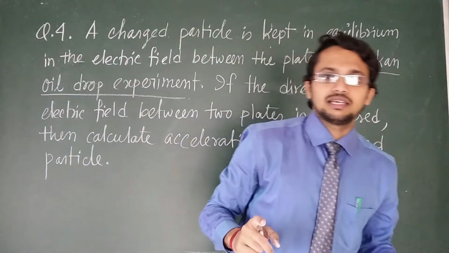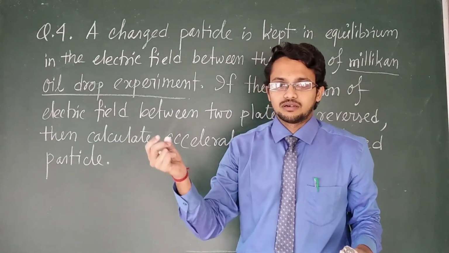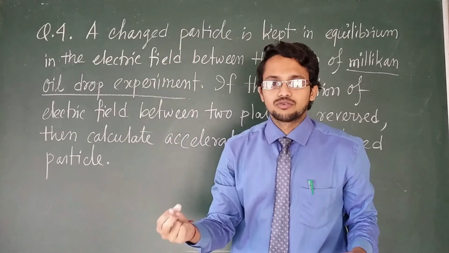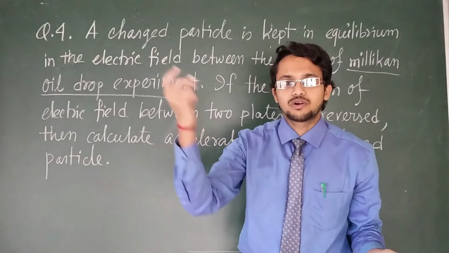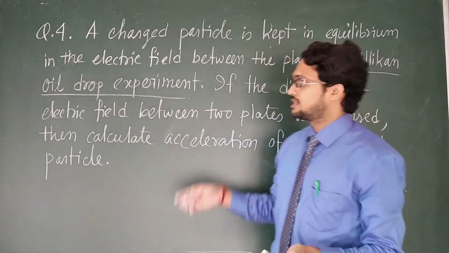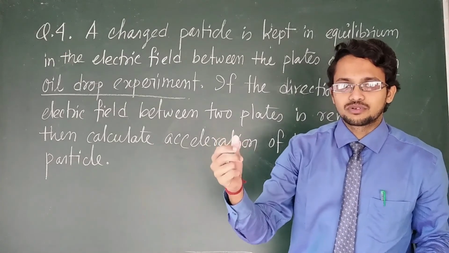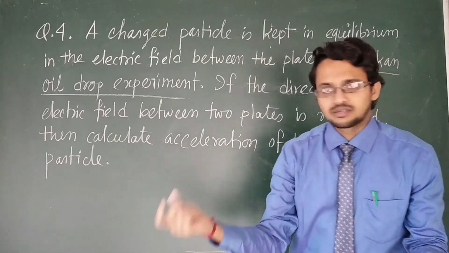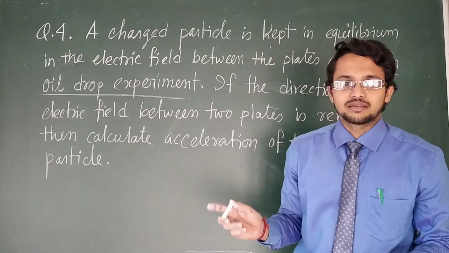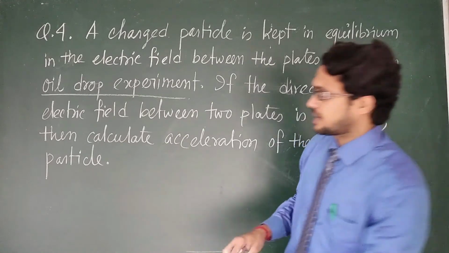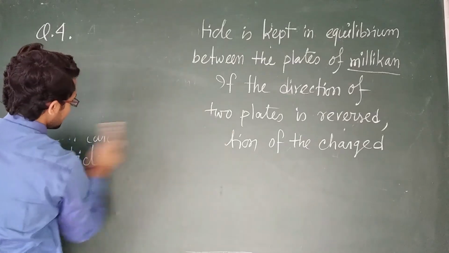We find that quantity in the Millikan oil drop experiment using the principle of terminal velocity. Remember in class 11, terminal velocity of raindrops, they fall down with constant velocity, that means no net force, downward force and upward force are the same. Using that concept, but here it is a little bit different. The downward force is weight, same as that, and the upward force is different, that is the electric force. I am erasing this, then I will discuss the numerical.